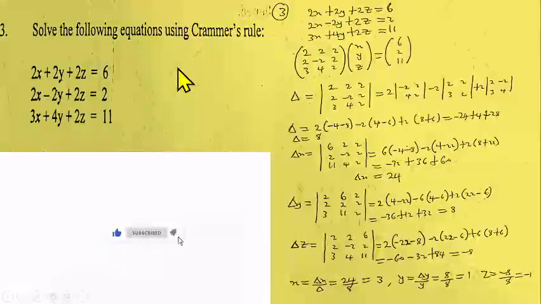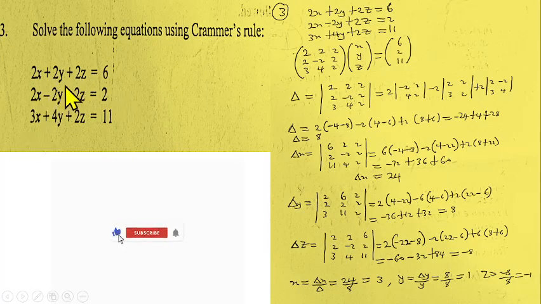Question number 3 right now is on matrices. We have to solve these 3 equations using Cramer's rule. And we know very well that when it comes to solving